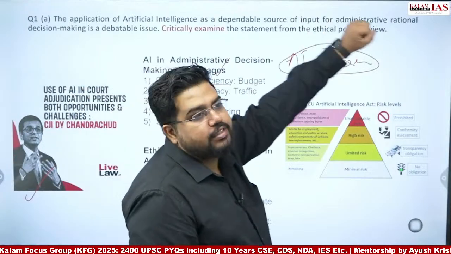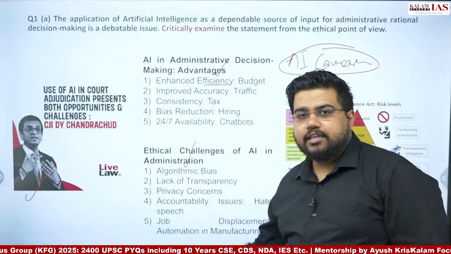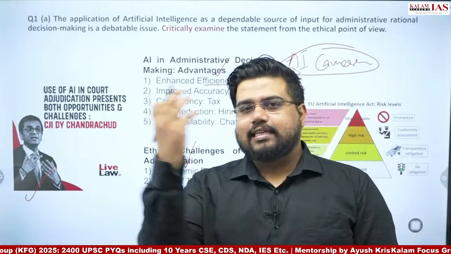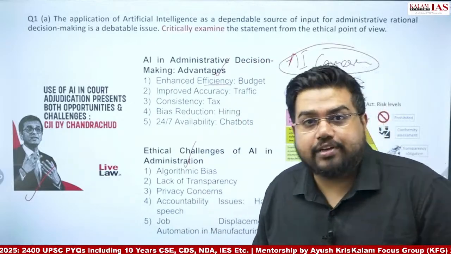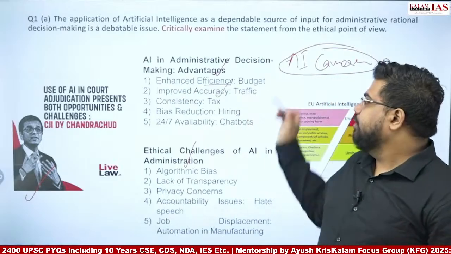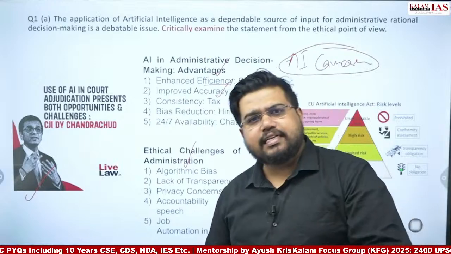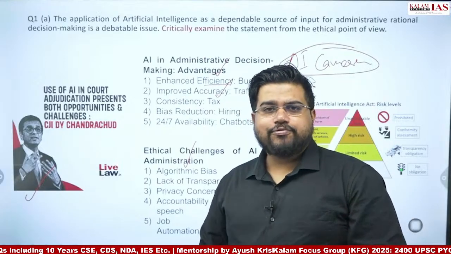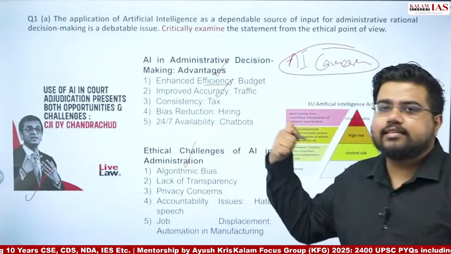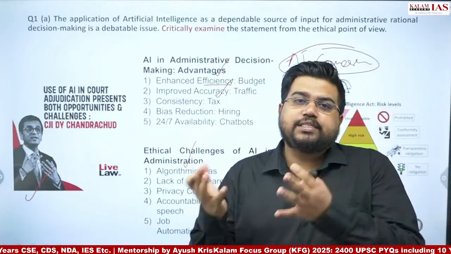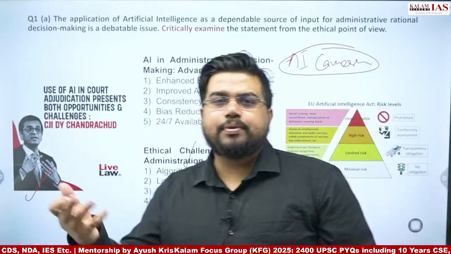So what are the benefits of this system? Again, the best is efficiency, because if a policeman is standing, you can just cheat him and rush out in between with the vehicle. But if it is a camera, it's very difficult to cheat. It also improves accuracy. A policeman can miss some persons. If some of his relatives came, he can just wave them off. Even if some politicians came, he can wave them off. But that is not easily doable if there is a camera. We have objective evidence of something done against the law, and action should be taken against it.